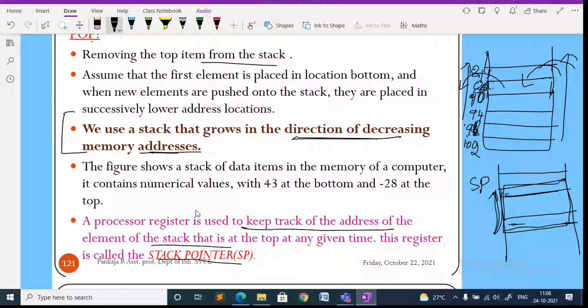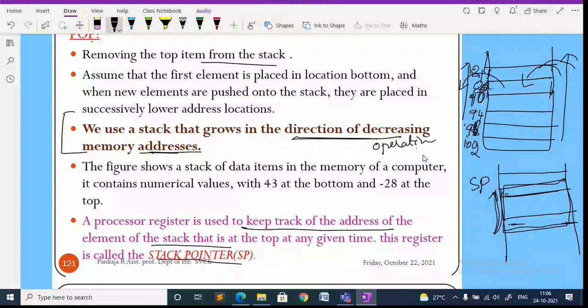See, the speciality of this topic is that in data structures you're not going to worry about addresses, how data is stored in the memory. You are just focusing on the operation. But in this subject, we are not just focusing on the operation, but how elements are stored into the memory and how elements are removed from the memory with respect to the address. That is very, very important.